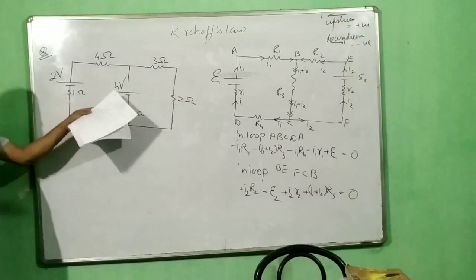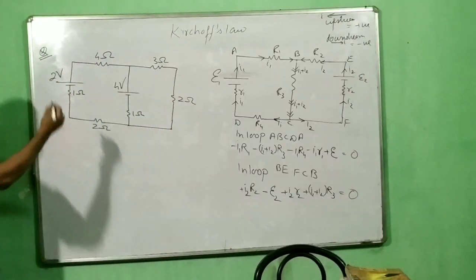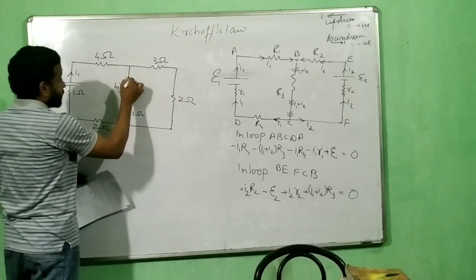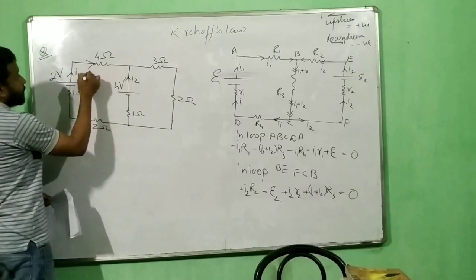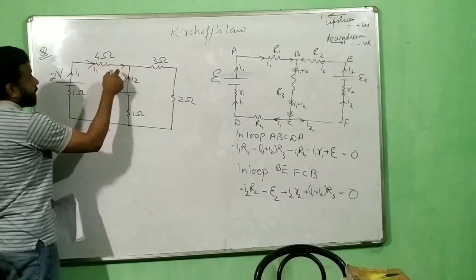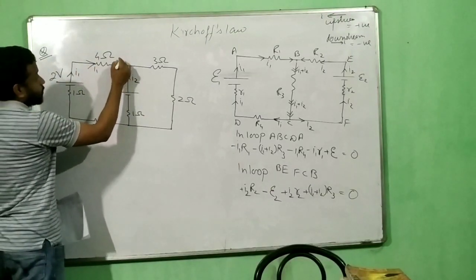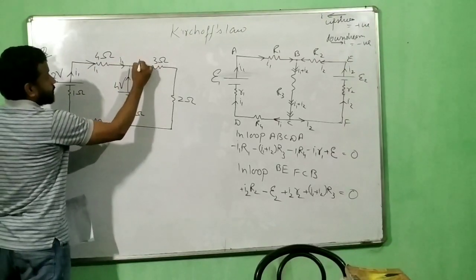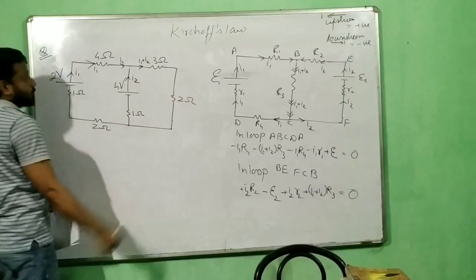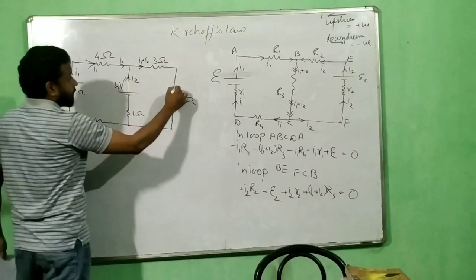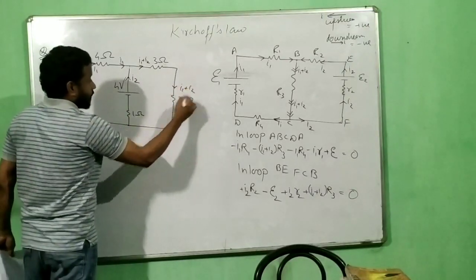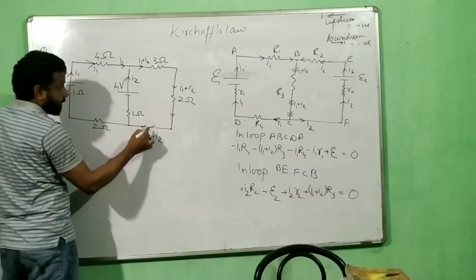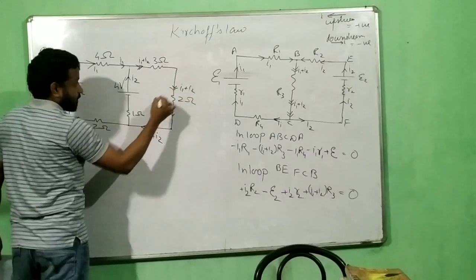As I told you, if there are two cells, let current come out from there as I1 and I2. So I1 will flow here, come here, and meet with I2. So this is my I1, I2 entering the junction, leaving out. So this will be your I1 plus I2. Then I1 plus I2 will flow here also, and let me put 2 arrow marks so that you can get an idea.